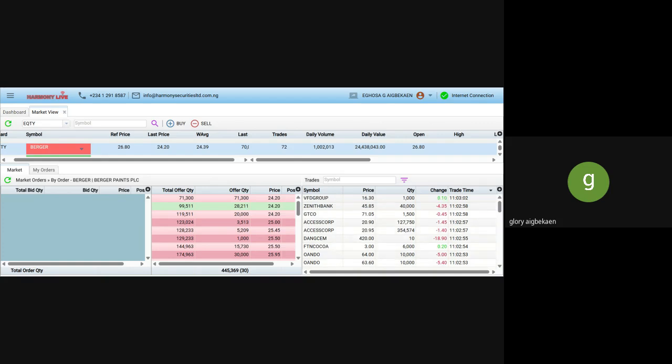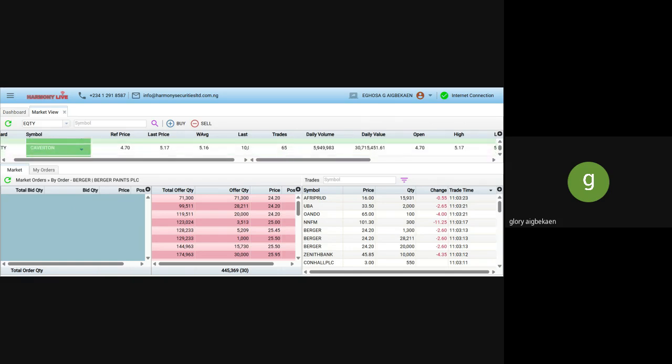But for you to do that, you have to be in the market always. Always. It's not like you are doing your business and no. You have to be in the market full time and you are observing what is happening in the market. All right, that's for Beggar Pen. Okay, let's go back to CWG